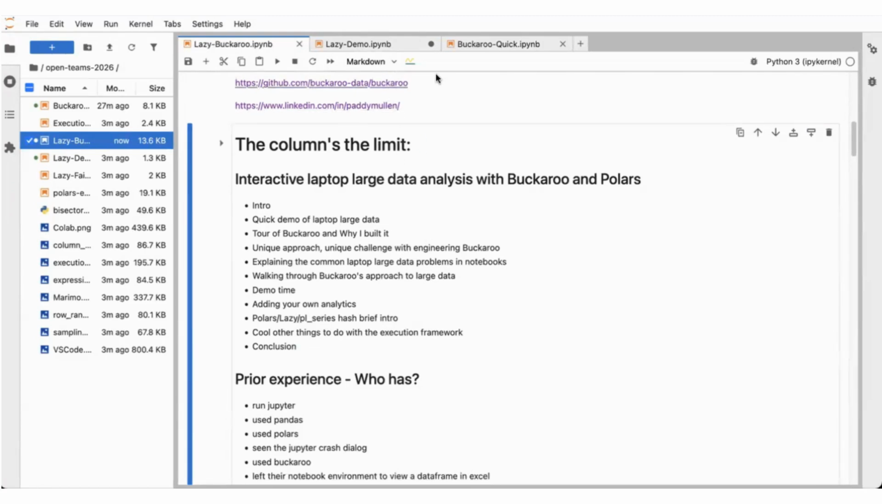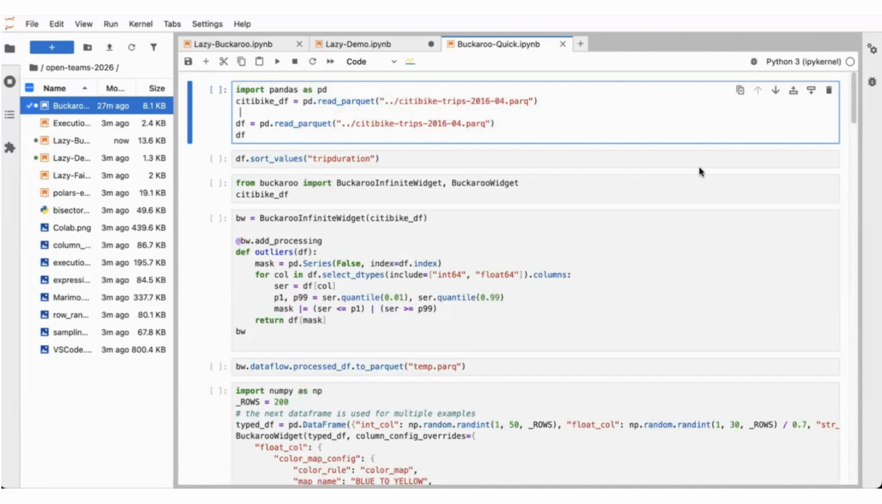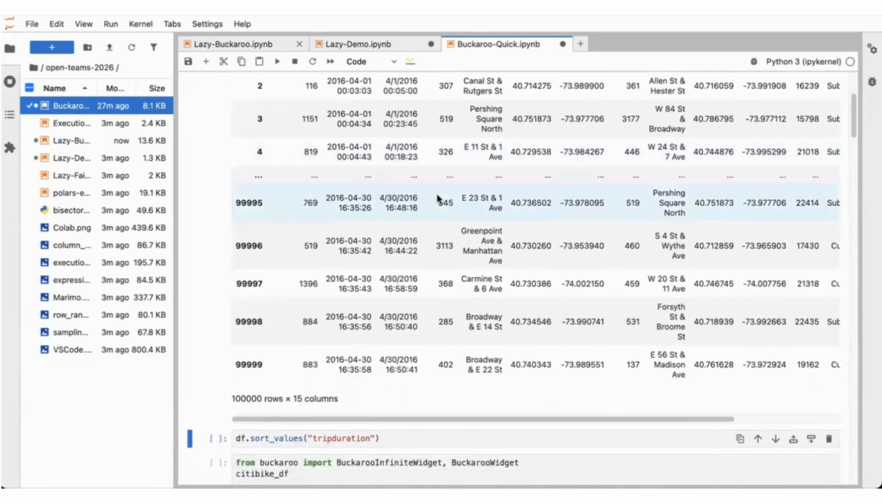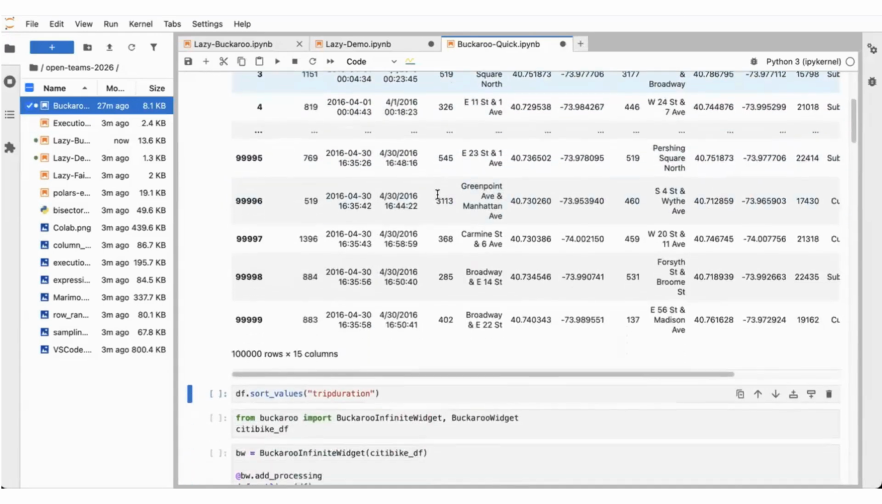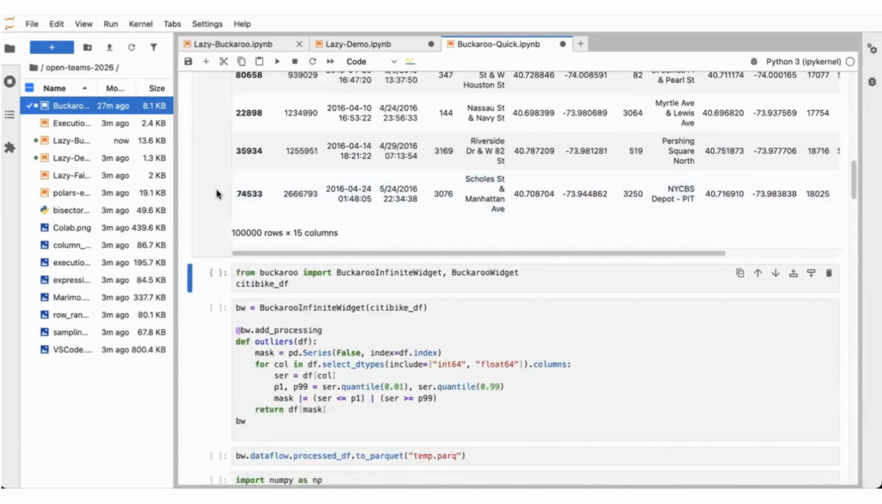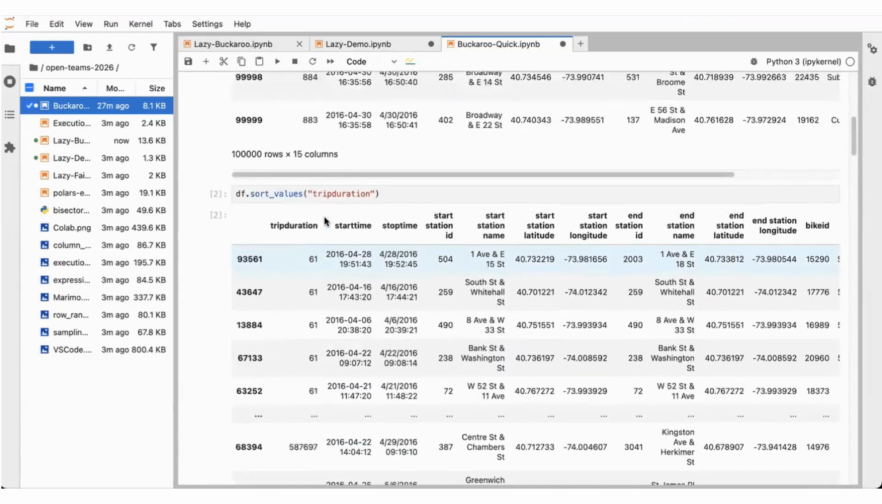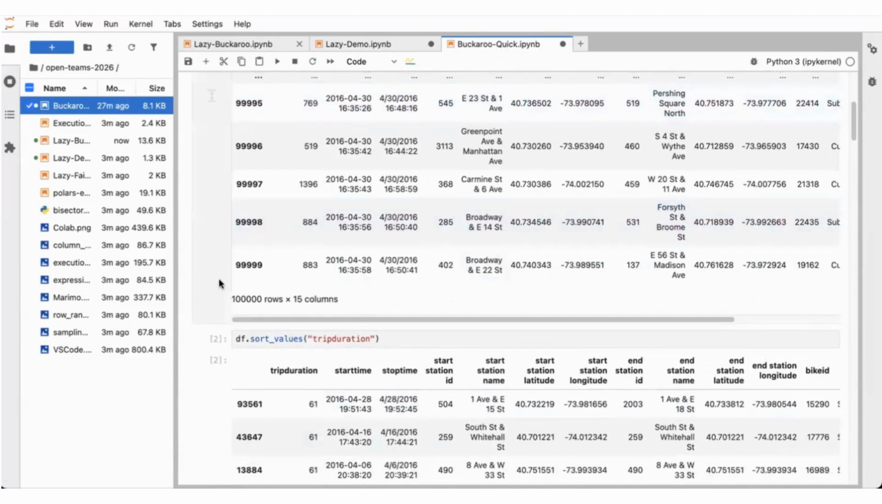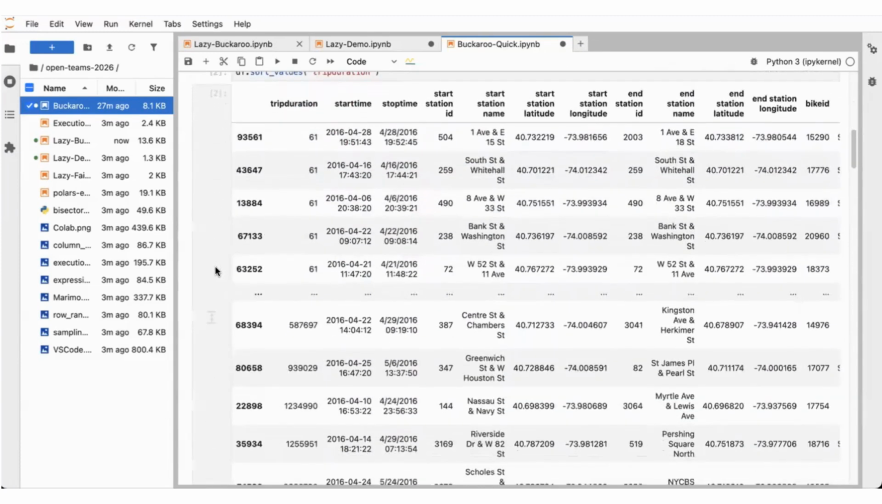So let me show you just basic Buckaroo and why I built it. So who has used pandas and looked at data frames? And you get this experience, and this is what your data frame looks like. And you can see the first 5 rows and the last 5 rows. And you can type a command like sort by trip duration. Oh, sorry. This is city bike data. It's 100,000 rows of trips from a New York City city bike station to another New York City city bike station. You can type these commands and you can do this stuff,